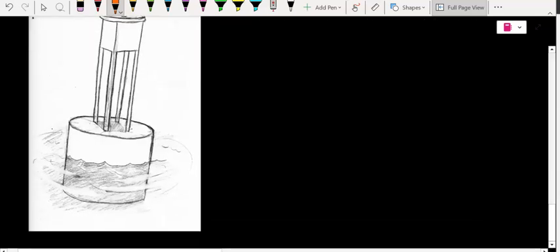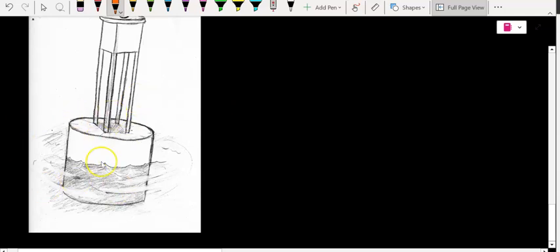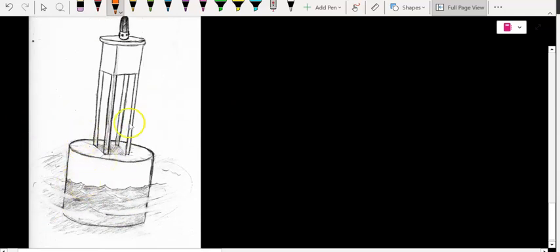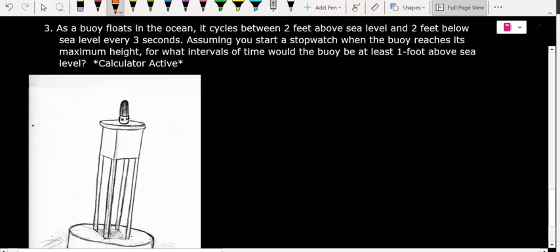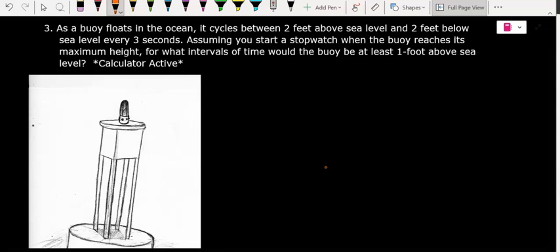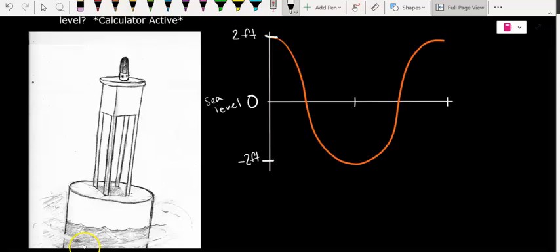And so what I'm happy to do is kind of figure this out. So we can see the buoy is just kind of floating in the water there, and it's going to be going up and down as it goes, and it's kind of going to be taking that sinusoidal curve that we're looking for here. So let's go ahead and draw a little simple idea of what our graph is going to look like. Here we go. In this particular case, what we're going to go ahead and do is just kind of show that it's going to be going up and down for what we've got here. So sea level would be 0. And then if it's going 2 feet below, that would be negative 2 feet, and 2 feet above,